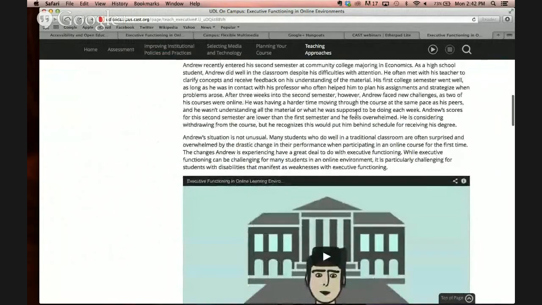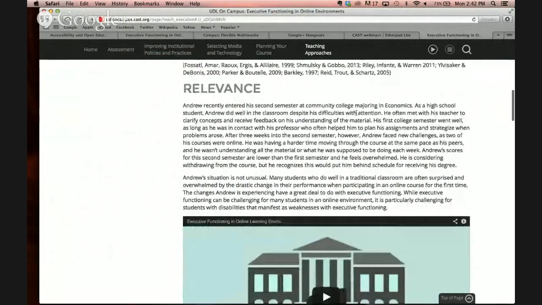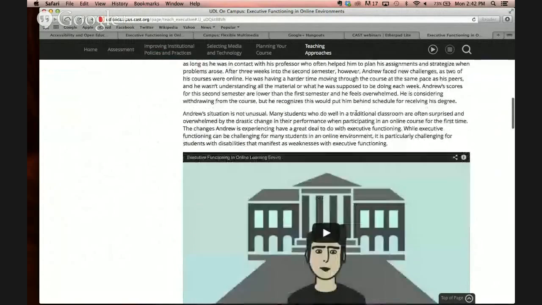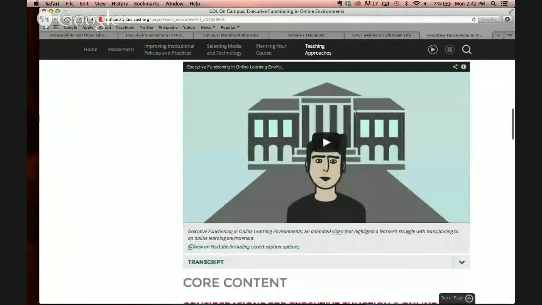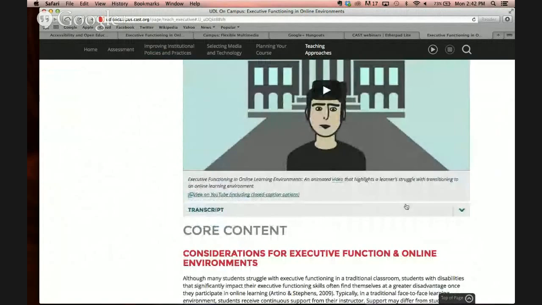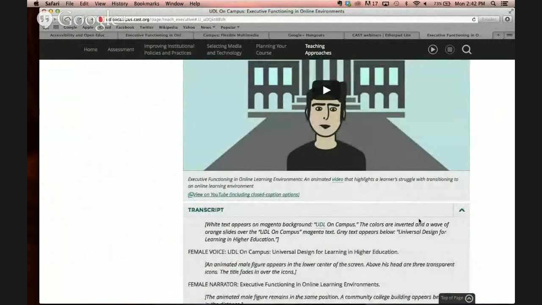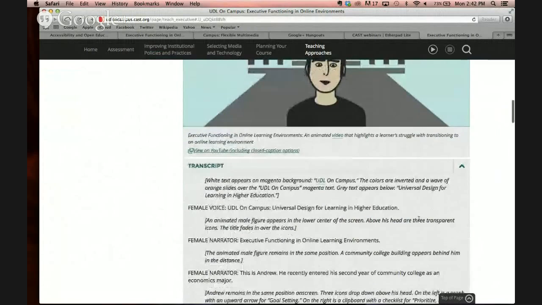And I want to show you, if you scroll down underneath the heading of relevance, you will see a video with animated figures staring at you, and there's a transcript right below it. If you were to click on the arrow, you will see a transcript that includes both visual and the audio elements. And this is what we call a collated transcript,